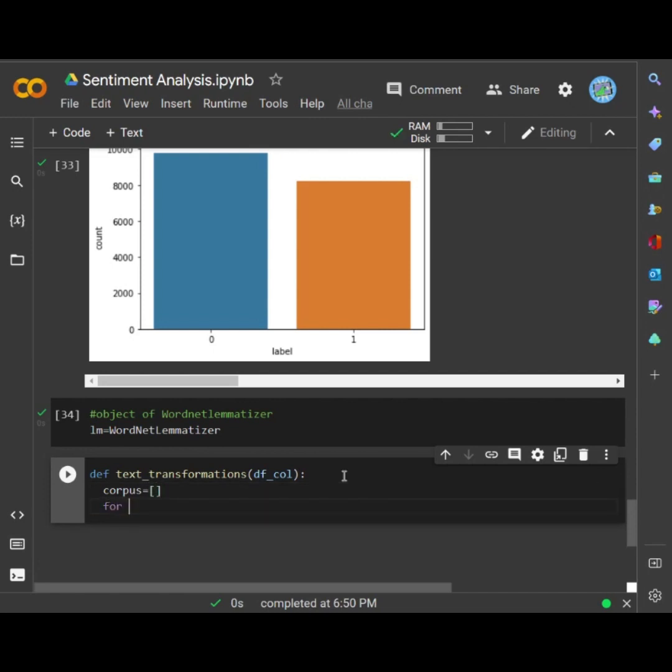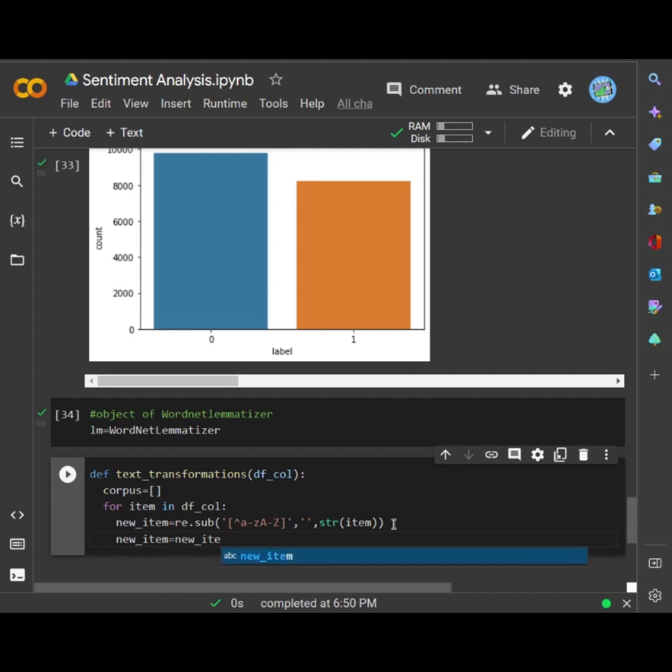Now I want to iterate over my entire dataset. So for that, I'll do for item in df_col, and I want to do new_item equals re.sub, using basically regular expressions. I want to push the bracket. Set caret, capital A-Z, a-z, close bracket, comma, empty string, comma, str of the item. Again, I'll do this for new_item equals new_item.lower,